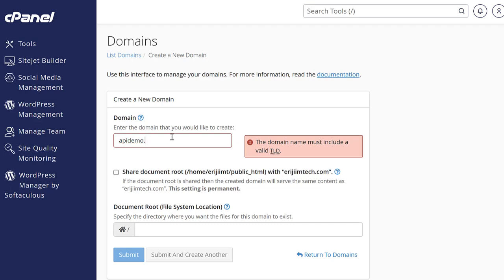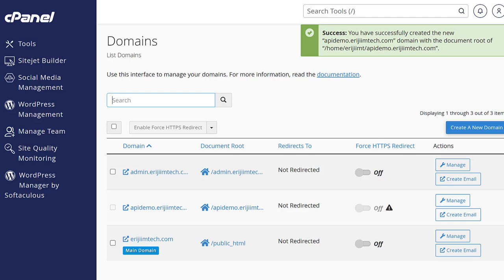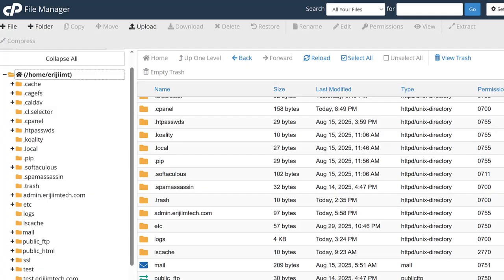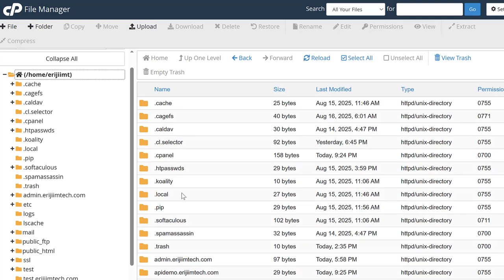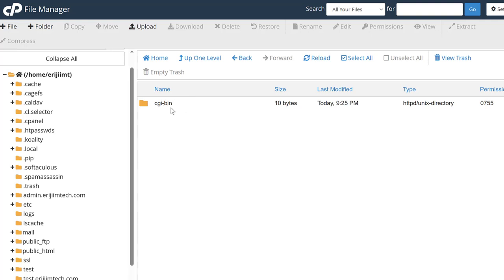course you go ahead and access your primary domain. So once this is done, this will be the document root for this subdomain. Then I go ahead and click on submit. So having updated that, when I go back to the cPanel and access the file manager by trying to refresh here, you see that we do have a newly created folder which is API demo.this domain. So if I go ahead and open it up, you see that this is all we have at this point